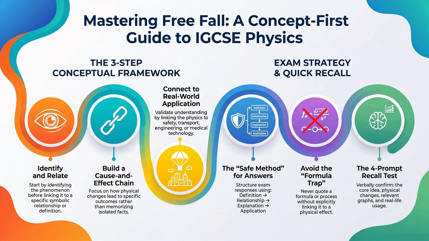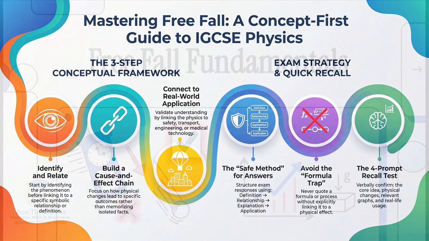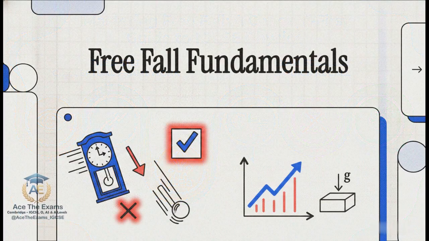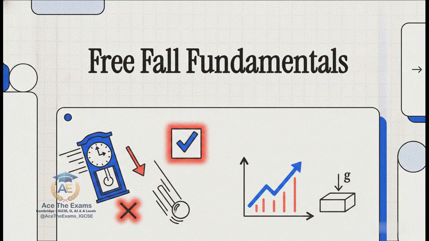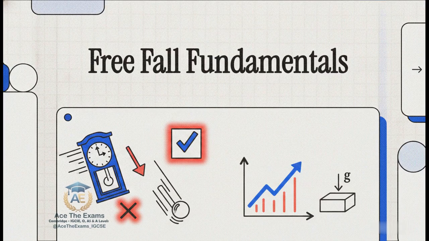All right, let's jump straight into this explainer and rescue a failing Physics 0625 answer, zero fluff. Look, if you're gearing up for your Cambridge exams, you already know the margin for error is incredibly slim. Picture this: you're sitting in the exam hall, the clock is relentlessly ticking down, and boom, you hit a high-mark structured question on forces in motion, specifically free fall.